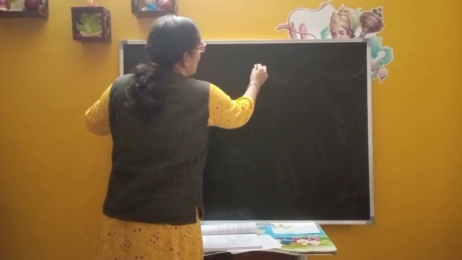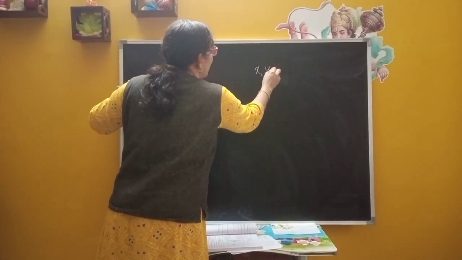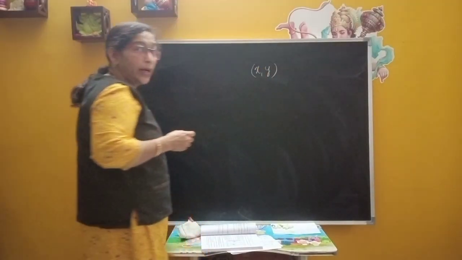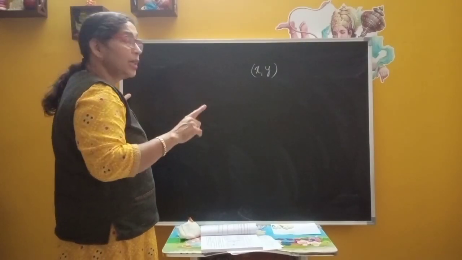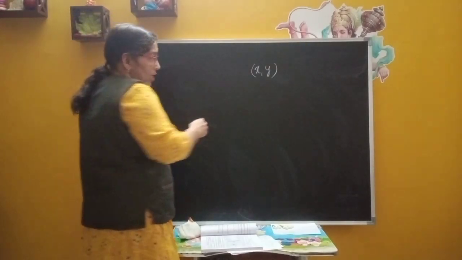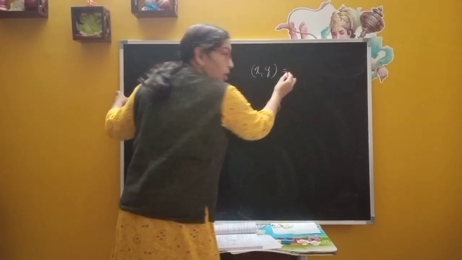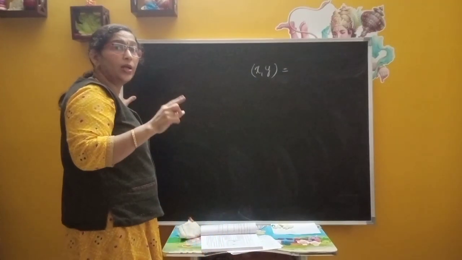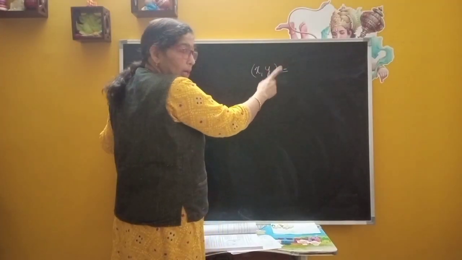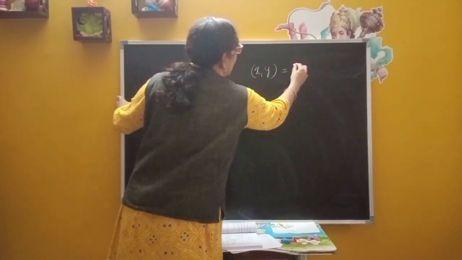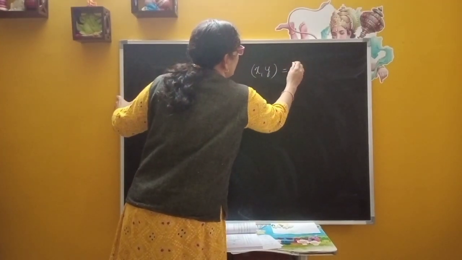So section formula is here x, y, these are the coordinates of a point which divides the given line segment into two parts in the ratio m is to n. Or we can also take the ratio as m1 is to m2. Okay, so if I take the ratio m1 is to m2, how can we write now? The formula is m1 x2